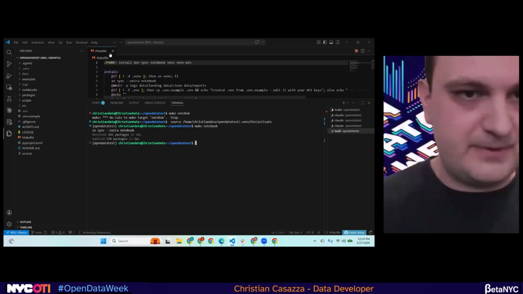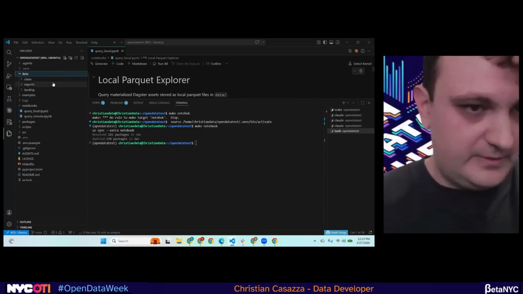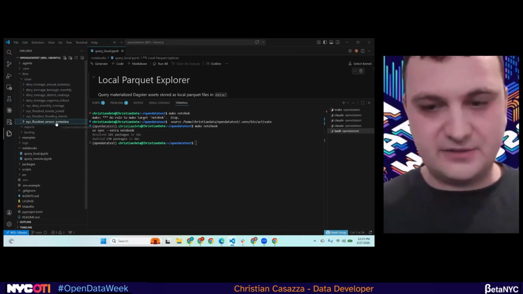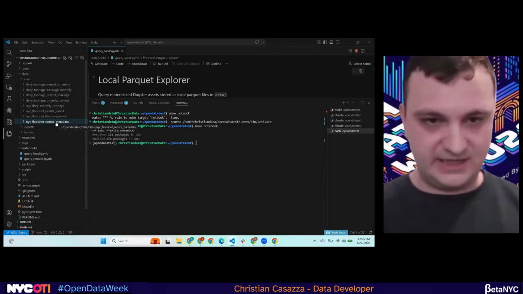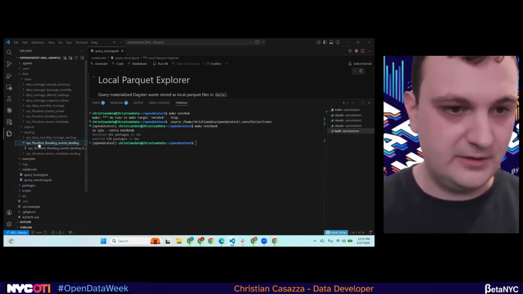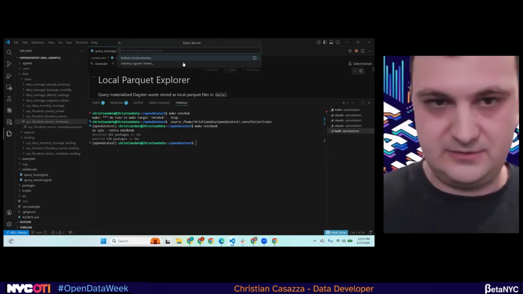Cool. That just installed an extra package just for the notebook. So let's query locally. Over here, we can see the clean data we just downloaded. Right now, the Dagster code I have is set up so that it's saving the code and data in a repeatable format. So the landing is here and the raw is here. Great. So now you just go do this.